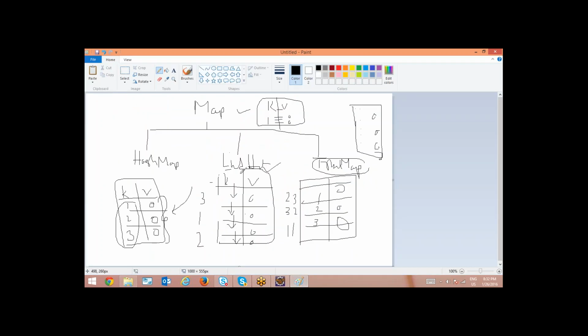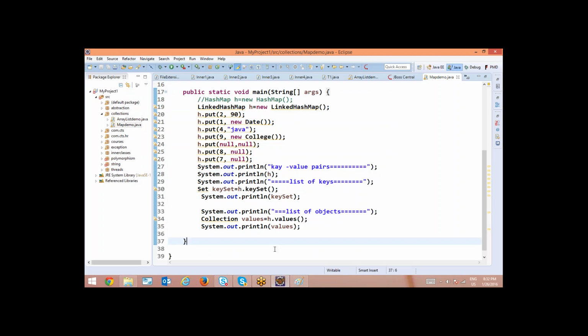But the internal implementation is different. Because it is internally implemented using pointers, it is fast. That is the main difference between hash map and linked hash map. Otherwise, all methods are the same.